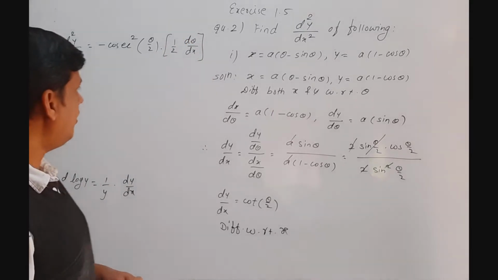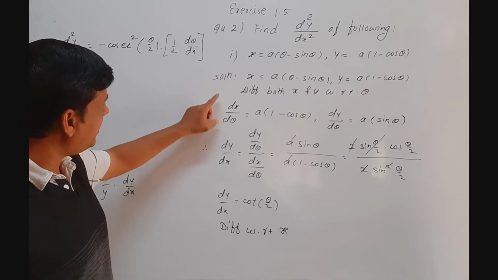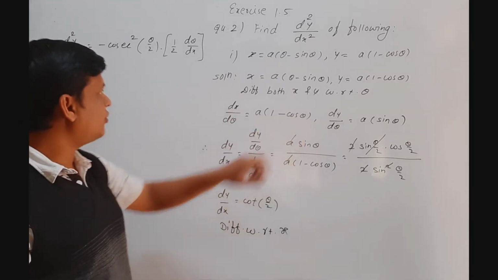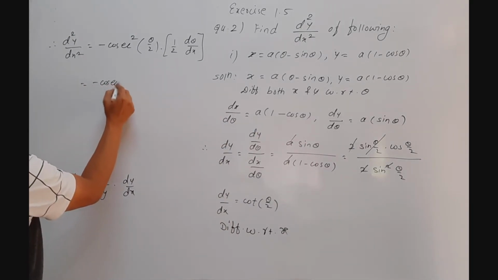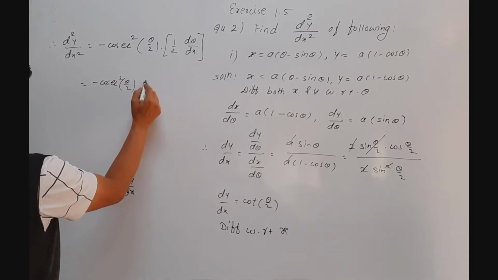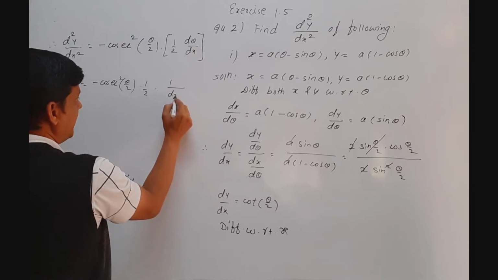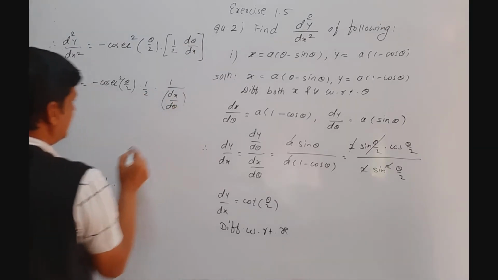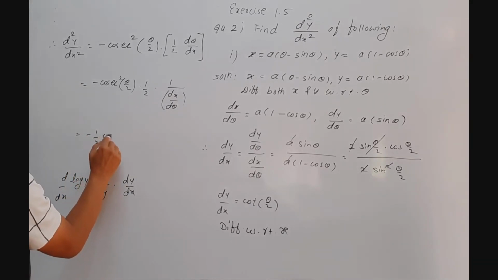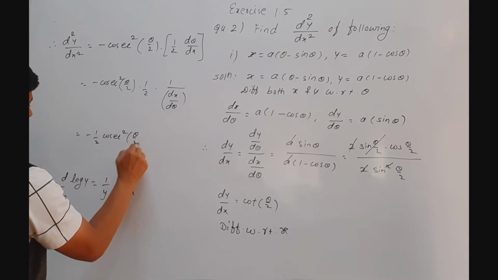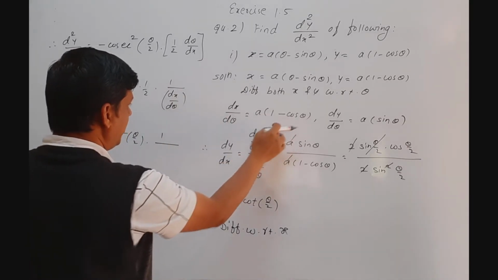Now we have the value of dx by d theta. From this we write d theta by dx by taking its reciprocal. So we write this as minus cosec square theta by 2 into 1 by 2. This d theta by dx we write as 1 upon dx by d theta. Write this 1 by 2 at first position. So minus 1 by 2 cosec square theta by 2 into 1 upon this dx by d theta, we have